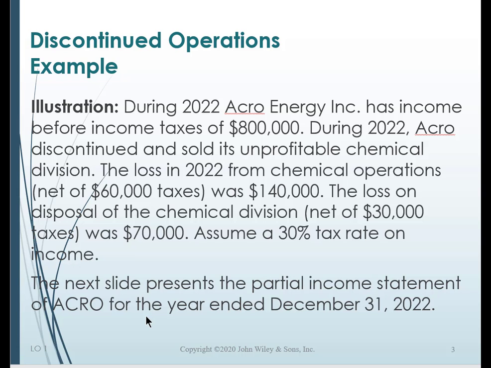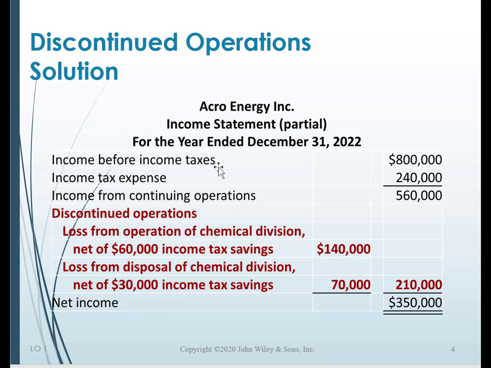So how do we report this? So here we have our line items, right? Here's the discontinued operations. Here's the loss from operations, $140,000. Loss from the disposal, $70,000. So the total loss, right, of this discontinued operations, $210,000. So you can see that the income from continuing operations was $560,000. Subtract out this loss,